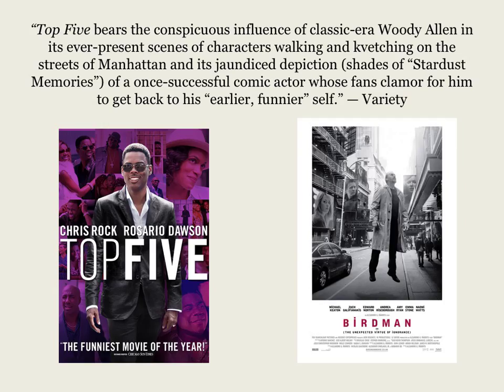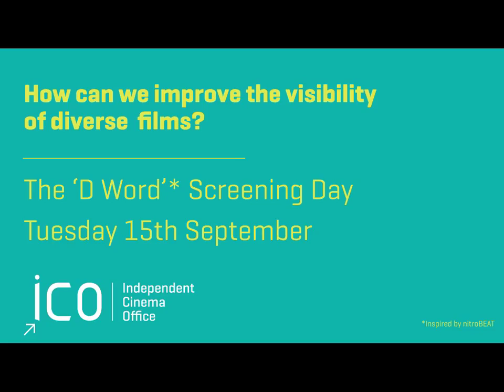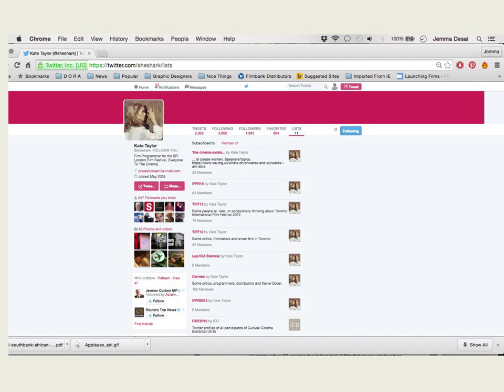And I think that there is a lot of messaging, which is part of what you're saying, is how can we intervene to get it to its meaningful audience, if we know that. And one of the ways that I think you can do that is by building networks. And that doesn't mean that you have to physically know people. It's not about being in the right scene or anything like that. One of the great things about Twitter is that you can eavesdrop on people's conversations and borrow all of their knowledge. So I've got this slide of a fellow curator and programmer, Kate Taylor, who lots of you may know,